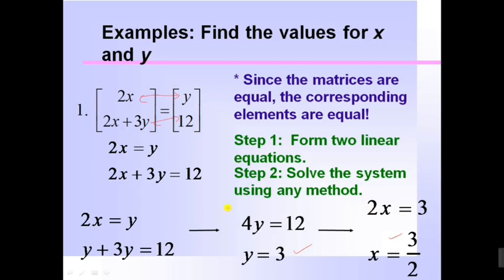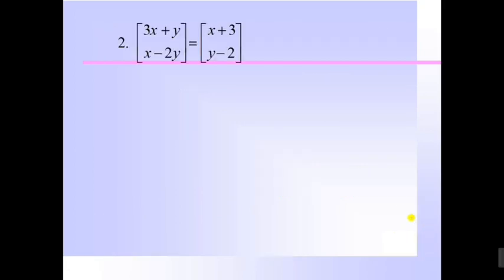So please have a look at this once again. Just equate the corresponding elements. First equals first and second equals second, and in this case I have written these two equations. Just solve it and get the required values. I get y equals 3 and x equals 3 by 2. Next, let us talk about this question.